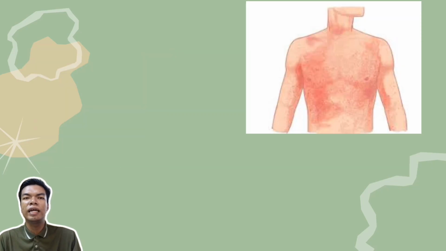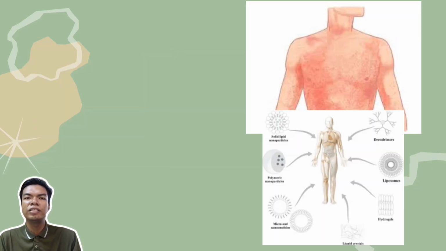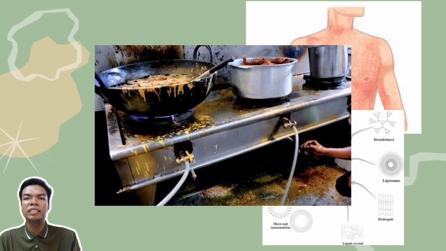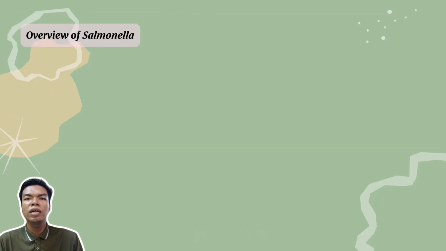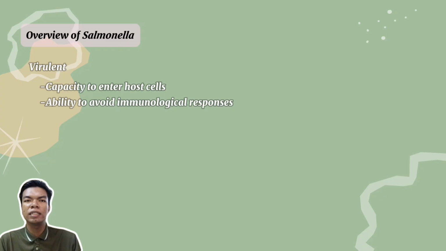Typhoid fever, a serious systemic infection that is common in areas with poor hygiene, is carried by serovar Typhi. Salmonella is virulent because of its capacity to enter host cells, avoid the immune response, and generate virulence agents